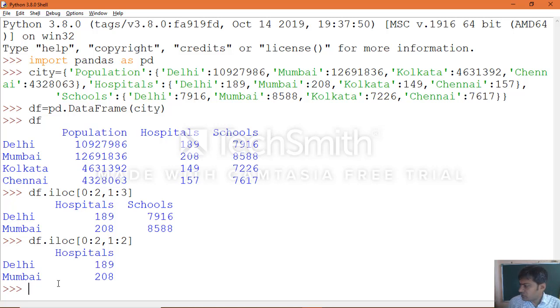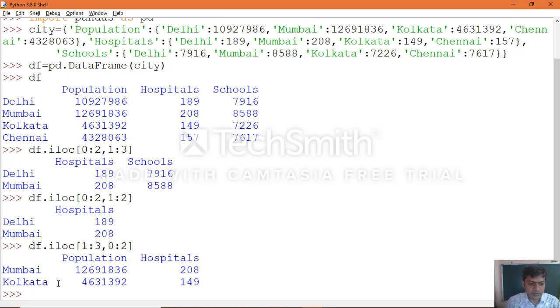Now, the same way you can apply this for the data frame dot iloc of, for example, if you specify 1:3 comma 0:2, let's see now what the output of this iloc will be. Started with the first row and end with 3, which means up to position 2 it takes. So position 0 is Delhi, Mumbai is 1, Calcutta is position 2. That is how the information you will get as an output.